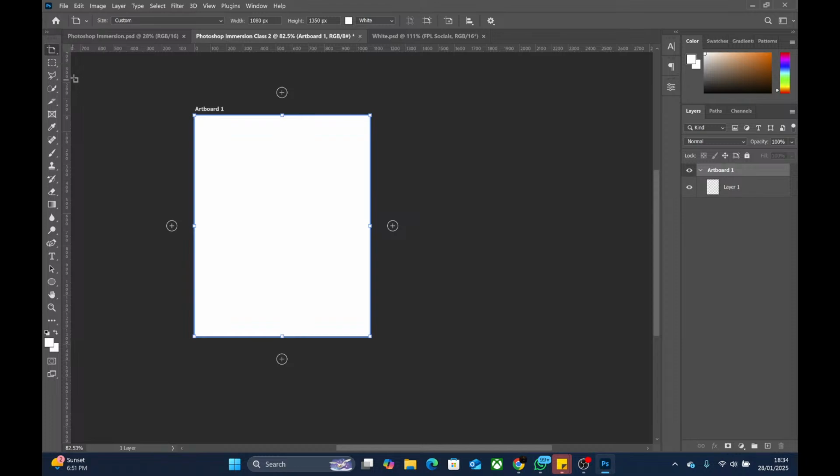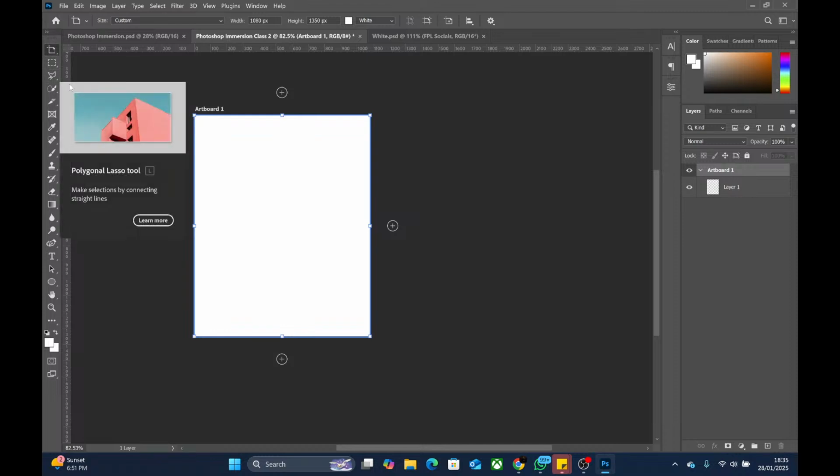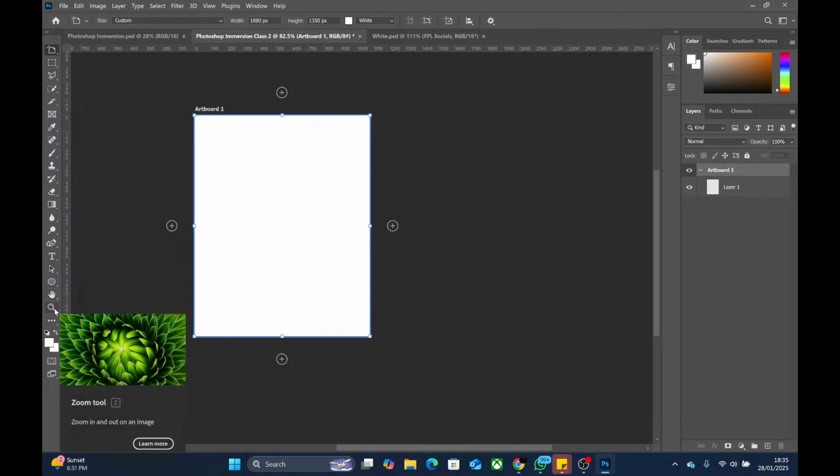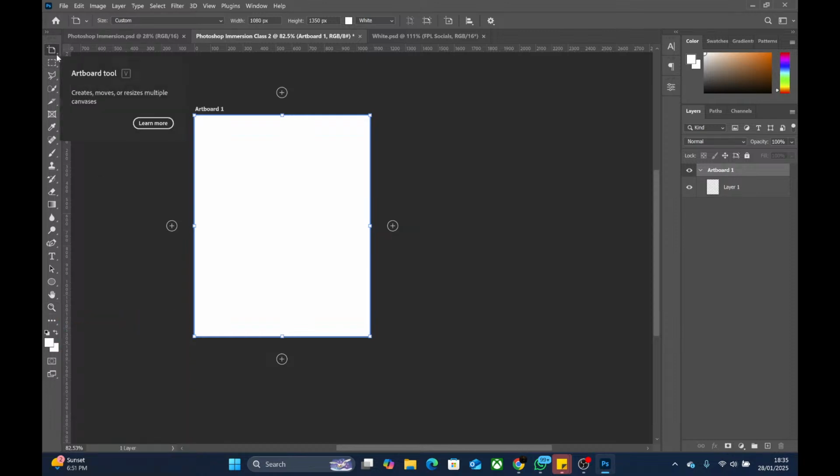I'll do it again. Like I said, when you see an icon that has this little arrow, most of them have it. In fact, in all of this panel, it's only this one that doesn't have it. Okay, the zoom tool. So when you see this arrow, two options available for you. You can left click and hold the mouse. It will pop up the extension of that tool. What it means essentially is that there are more tools inside of that tool that you can use. Those tools will be related to each other.